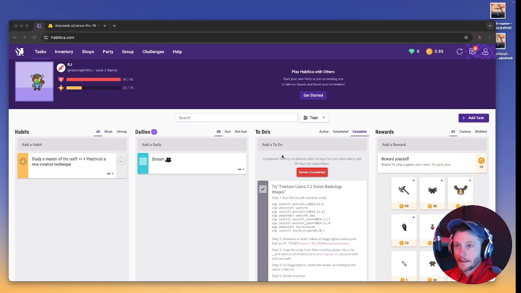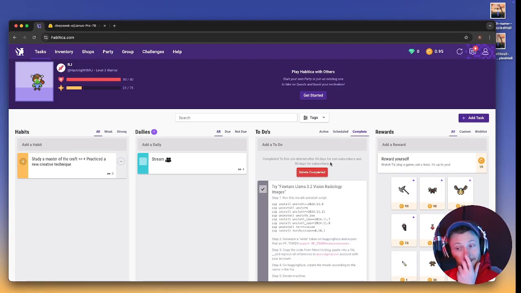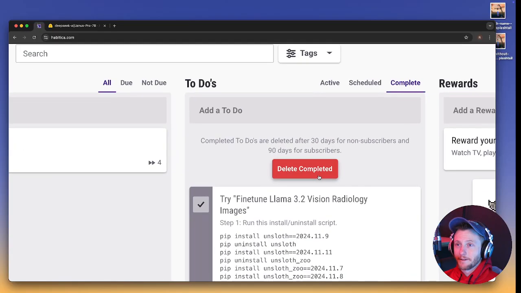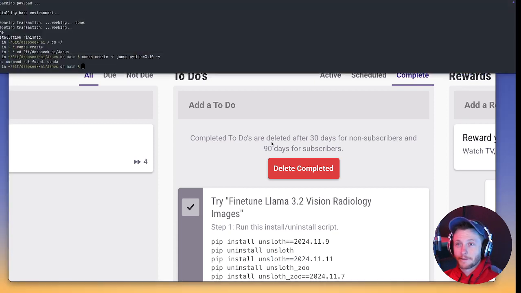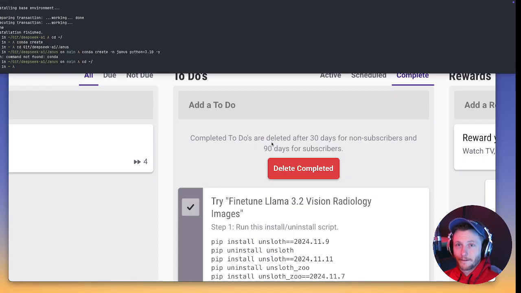I am noticing that Habitica is threatening deleting our to-dos that we've completed. But even for subscribers, it looks like you only get 90 days. So I was already thinking we should start probably capturing some notes. So first order of business is, let's